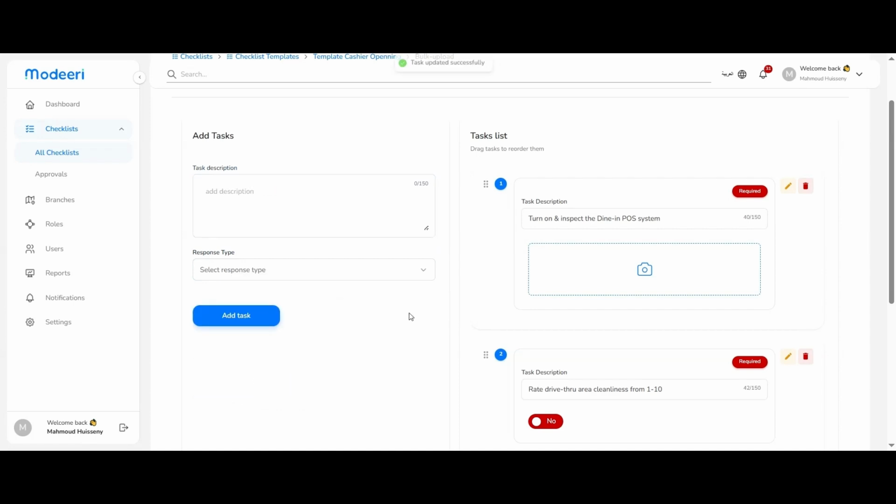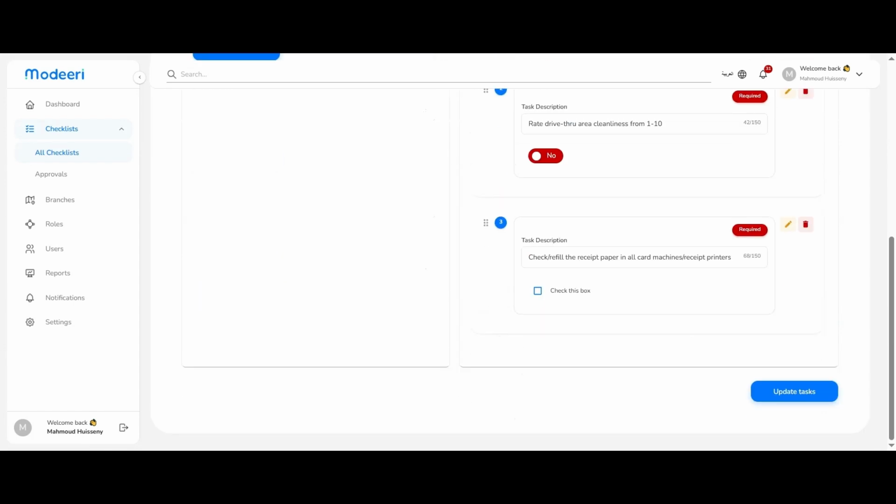Just an FYI, you can't use the upload from template to edit certain tasks. When you use the upload, you're going to remove all the tasks and then upload another set from the Excel sheet. You can't just change a couple of tasks. It will erase every task that's there. So if you want to edit, just go through the editing process on the web app, not uploading, and then